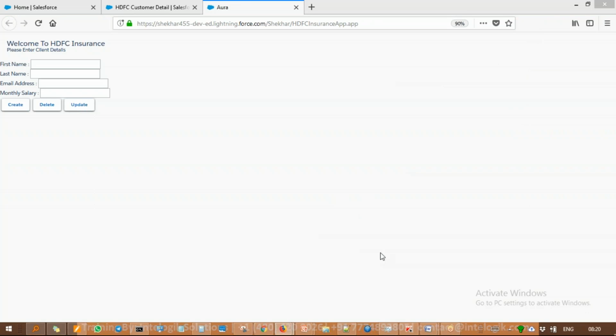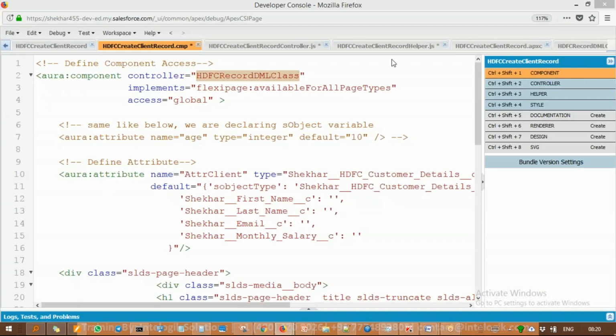So let me go for the UI. UI is nothing but the components, by the way. So here I'm going for a component code, and here we go. Very simple and straightforward. See here, first of all I'm defining a component where I'm saying this component is dependent